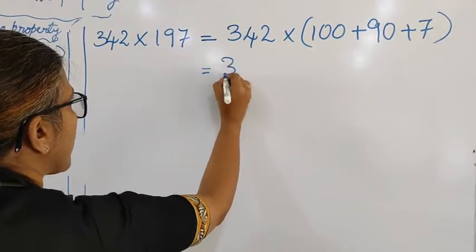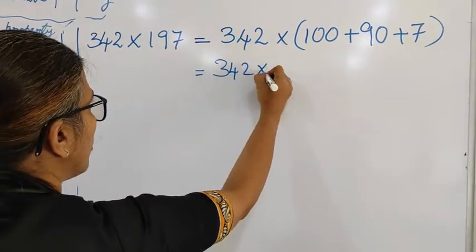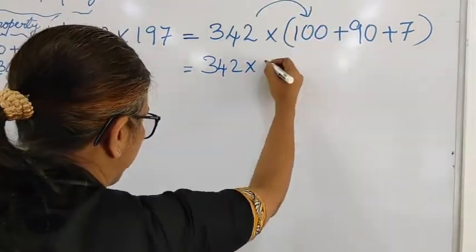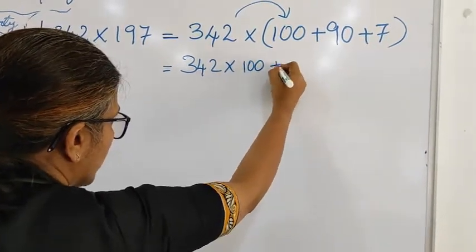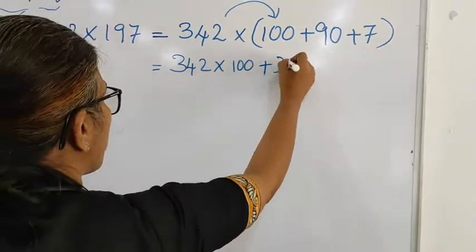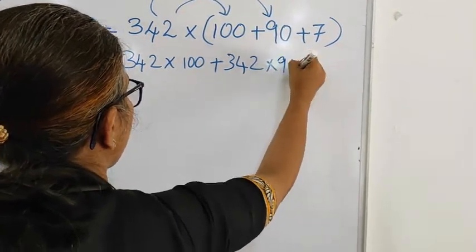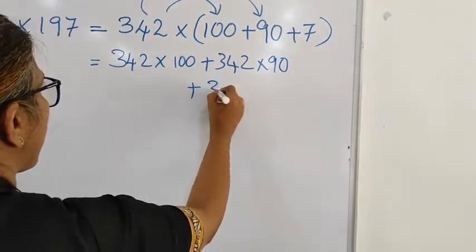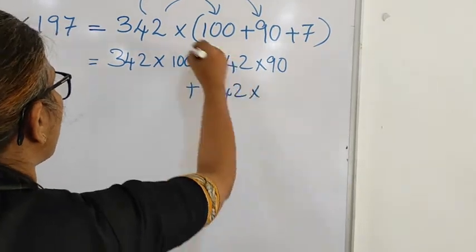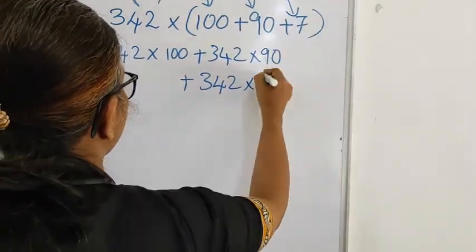So 342 into 100 plus 342 into 90 plus 342 into 7,